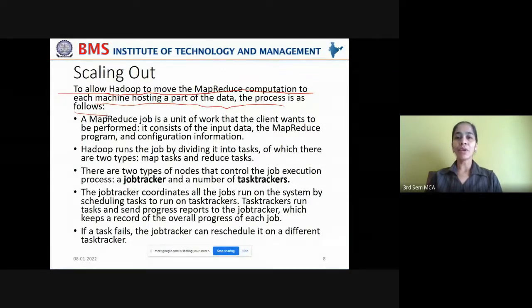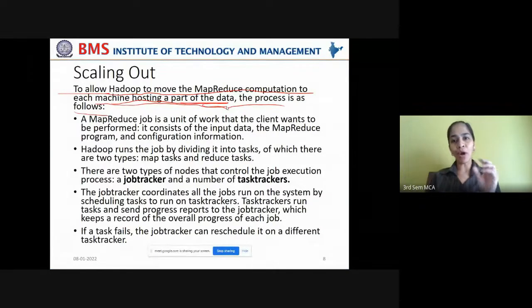Because of this data locality optimization, you are not moving the data anywhere. You are moving the computation to the nodes where the data resides. Okay, that is the basic essence of the MapReduce task. Now, to allow Hadoop to move the MapReduce computation to each machine hosting a part of the data, you already know that the data set is fragmented and distributed onto various data nodes.